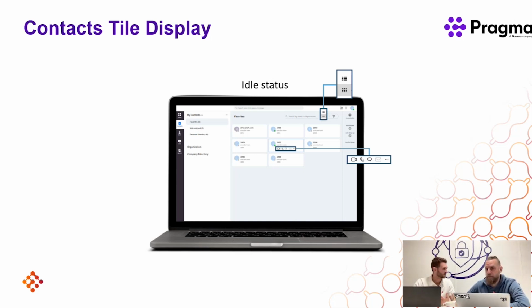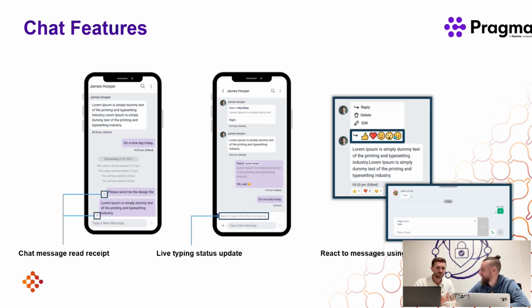Exactly. And I think the next one really is another one around aligning with other platforms, isn't it? Yeah. So some new changes to the chat feature functionality. As Andy and I said, some of the aspects we've got here are aligning with other chat products that you'll be familiar with, such as WhatsApp and Facebook Messenger, those type of things.